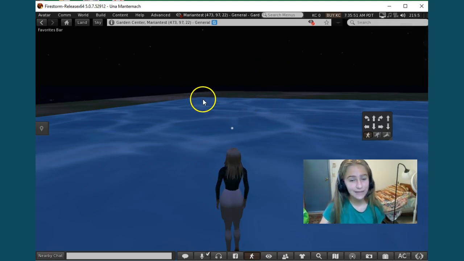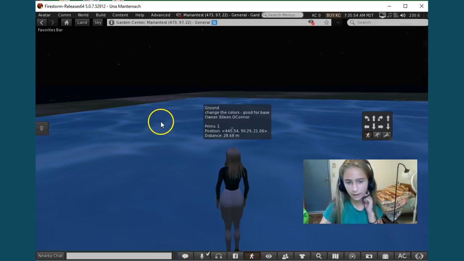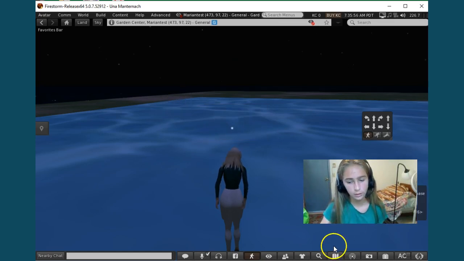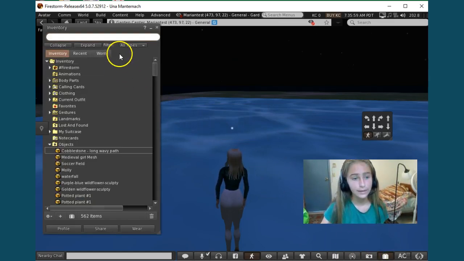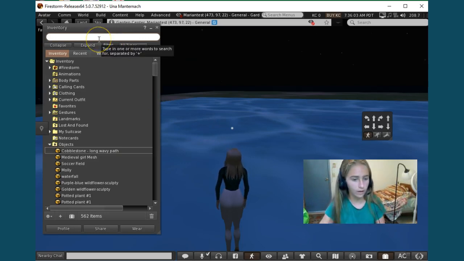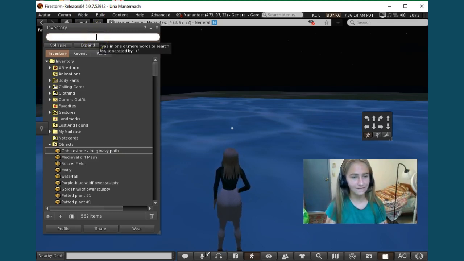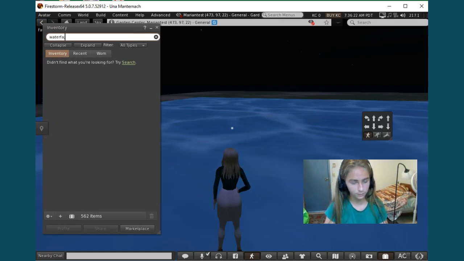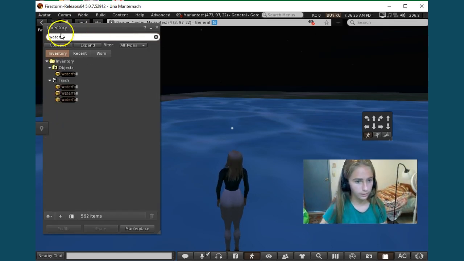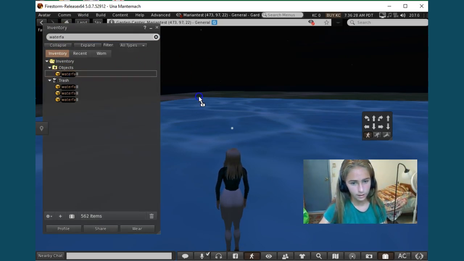So first, I am going to show you guys a little bit about how to go into your inventory and find things there. I'm going to look for a waterfall right now because I'm going to make a waterfall and show you guys how to change the colors and textures in it. I know that the waterfall that I have is named Waterfall, so if you know the name of it, just type it in here. So I'm going to type it in, and waterfall, there it is. Alright, so you just click it and then drag it and then drop it where you want